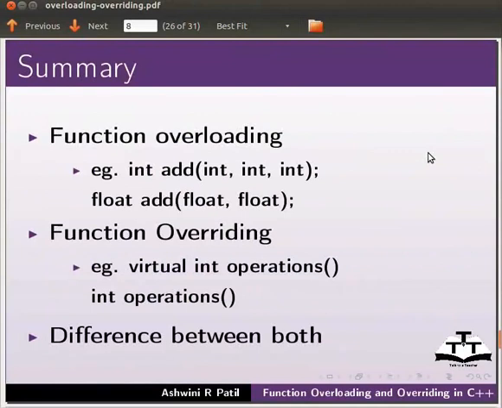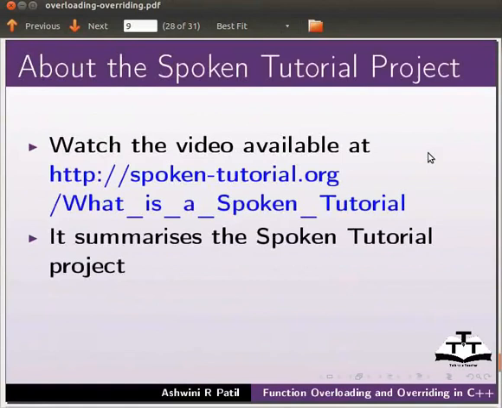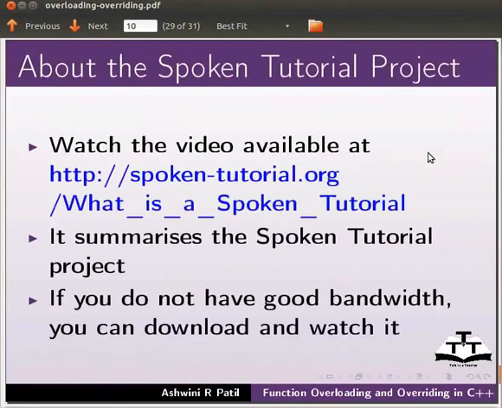In overriding, the arguments and the return type must be same. In overloading, the function name is same, but it behaves differently depending on the arguments passed to them. In overriding, the function name is same. Derived class function can perform different operations from the base class.